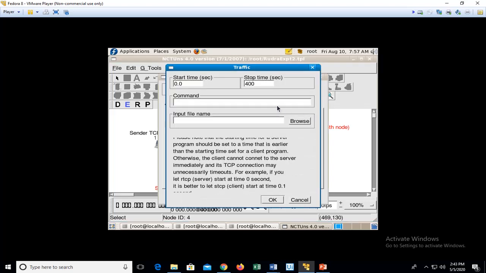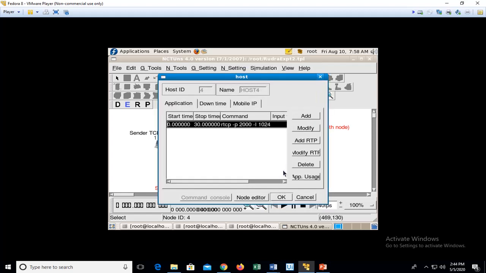Here, add. I'll make this 30, so I'll change it in the other ones too. It should be a receiver, and first I'll check receiver TCP, which is P, then 2000 is the port number, and the length is around 1024. So it will be accepting the TCP protocol and acting as a receiver.